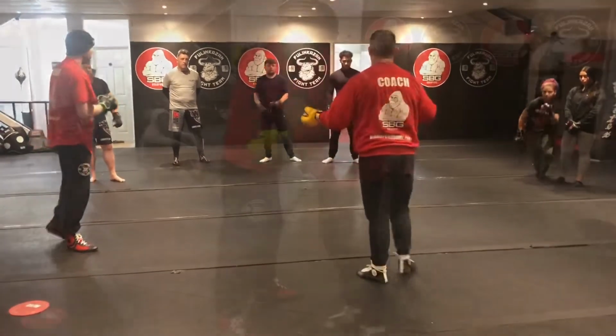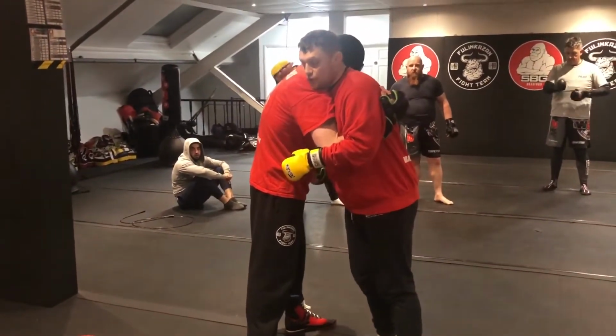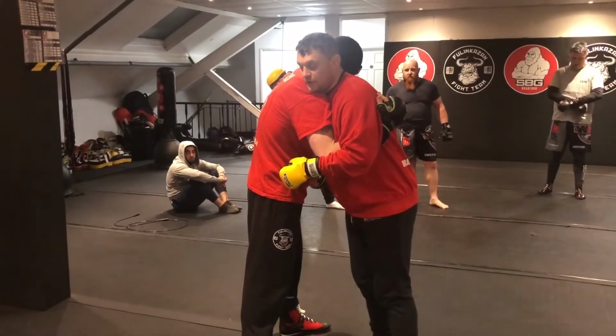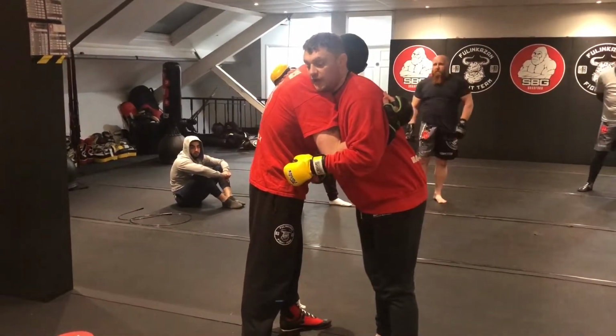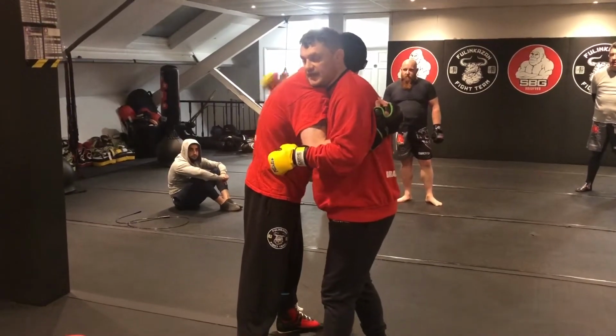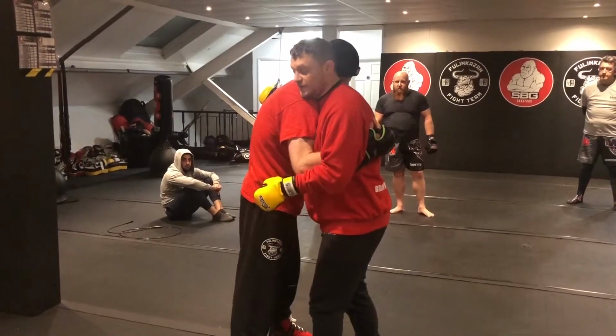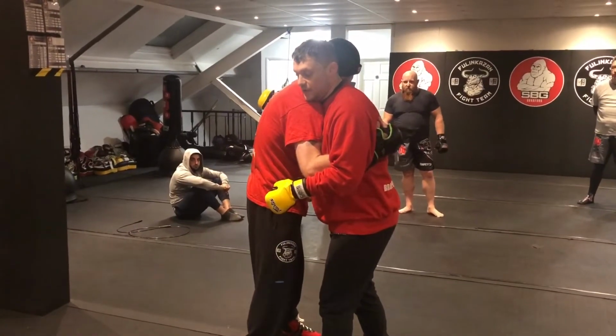Okay, here we go. 1, 2, 3. Using this high underhook, making sure that the hand's attached to the shoulder. So from here I'm just going to use that little bit of a bump. As soon as I bump, I need to take this hand down, because if not, I'm just doing this sort of thing. So you need to clear a little bit of a gap. So I'm going to bump,